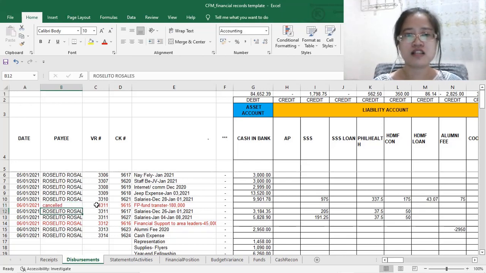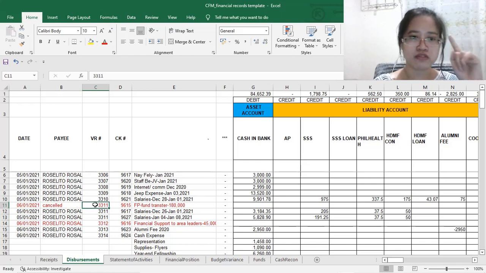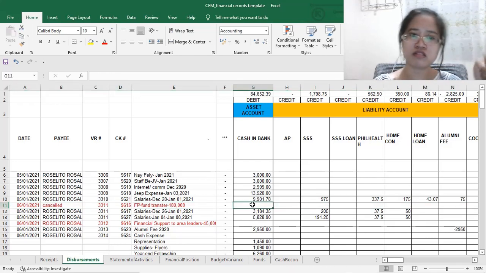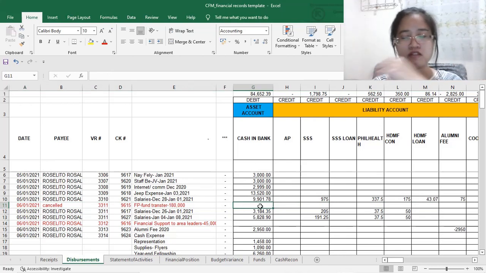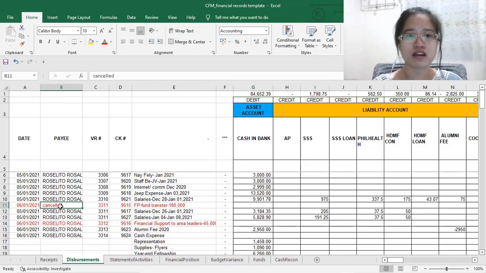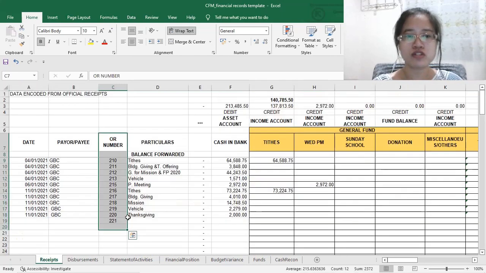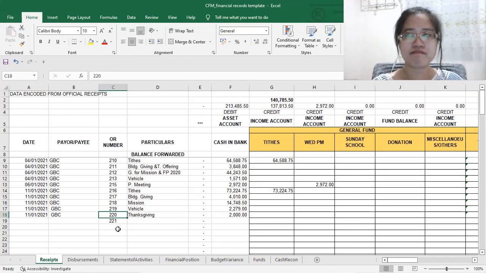Okay, so let's say the voucher was canceled due to a mistake, so the voucher number must still appear, and then you just put canceled on it. Okay, and in that case, if it's canceled, then there's no amount that would appear on the cash in bank and on the respective accounts affected. Because it's canceled, that shouldn't affect the respective accounts. Okay, it's the same with official receipts. If you committed a mistake in issuing a receipt, let's say wrong information was written, then you can just cancel the receipt